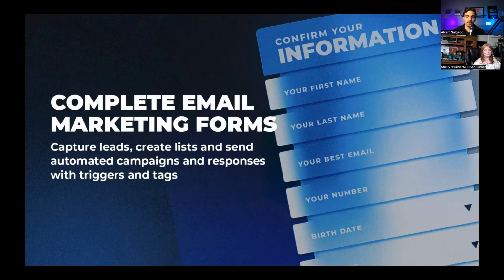And it's also important to say that you could also add those email marketing forms into our pop-ups. So let's say you scroll down to a certain part of the website, you could do an email marketing pop-up. So that's very cool as well. And you can add as many fields as you want to. It doesn't have to be a simple name and email and maybe WhatsApp form. You could add date of birth. You could add as many fields as you want to. So that's a very cool option as well.